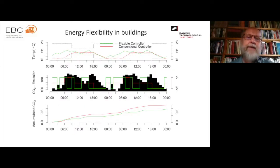So here is a building where it's a bit more sophisticated. If you take the top graph, the red curve is a conventional controller just trying to minimize the energy demand while staying within the comfort boundaries, which is the dashed line. A flexibility controller is the green one. You can see it's not that easy to understand why the temperature is not just following the lowest possible case. Well, you can see that in the middle graph where you also have green and red. And you can see red just uses energy